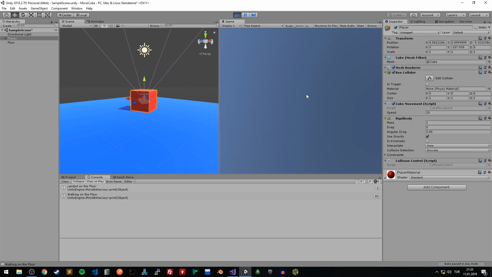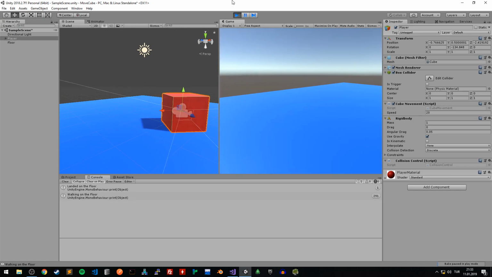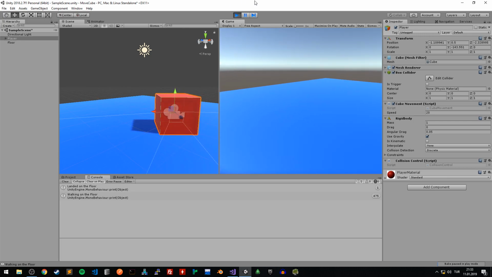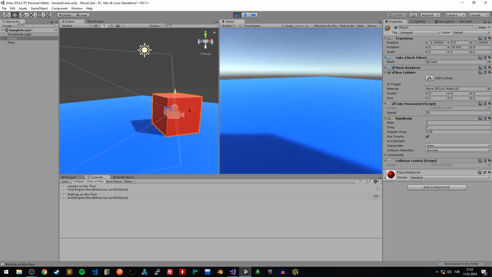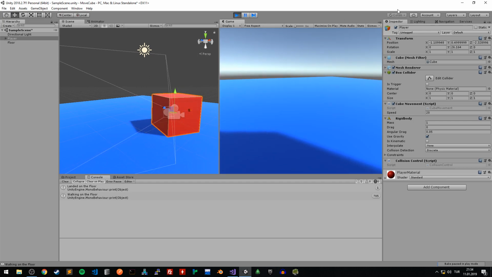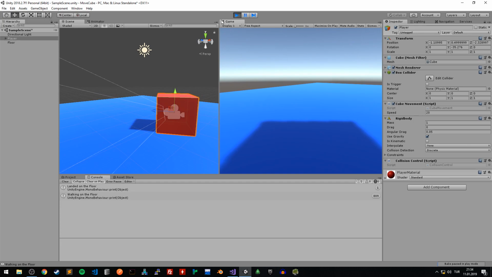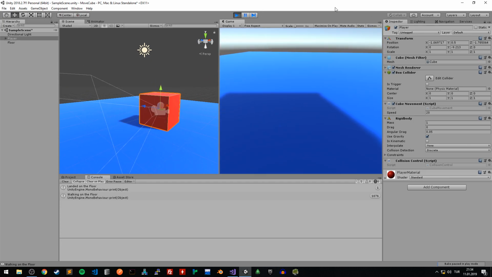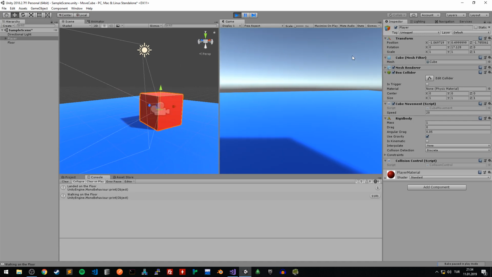Alright, in this video I just wanted to show you a really basic tutorial on how to use colliders. We are going to use this information in the next tutorial, where we are going to implement a jump function to our cube. But if you want to learn more about colliders, you can check the official Unity tutorial